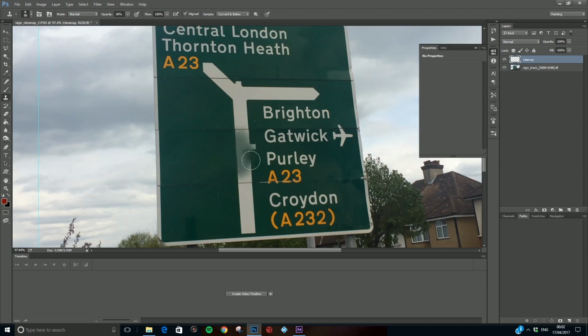Now you may be wondering why mine's not letting me do it. It's because my opacity for that brush is set to 38%. So let's pull this up to 100, and now I can paint over like so. So remember to keep on sourcing different bits, and just keep on building upon that until you've got